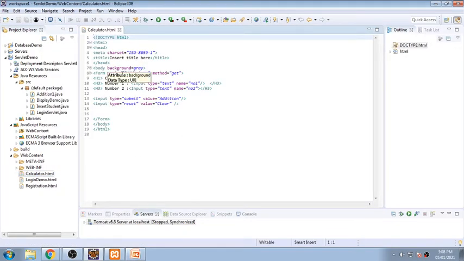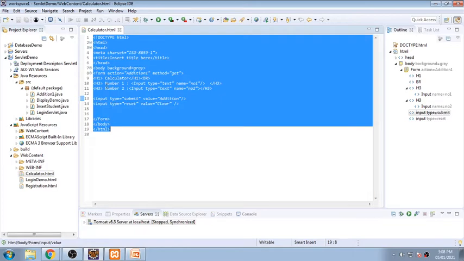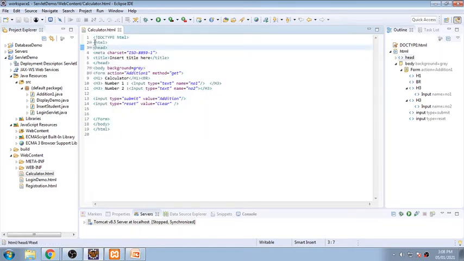It's simple. Yesterday what we have done is that we have created two text boxes, number 1 and number 2, and I am accepting values in these two text boxes, and when I click on this submit button, it will do the addition in front of me. So this is nothing but your HTML file, named calculator.html, and I have written the code in HTML.